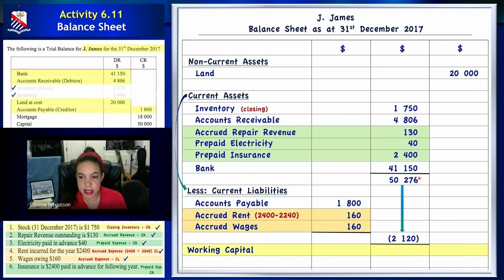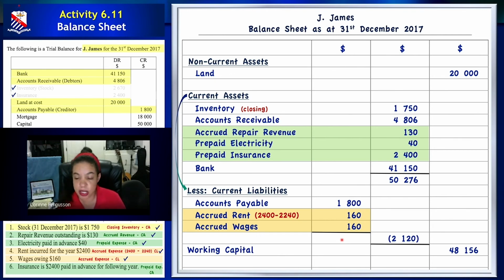So it will be your current assets of 50,276 less your current liabilities of 2,120, and that gives you your working capital, which gets to go in this column, the last column. And your working capital is 48,156, and it's a positive figure. Notice you don't put any brackets or anything like that. Whatever you get, you put. If it's a positive figure, you put it as a positive figure. If it happened to be a negative figure, then you would put it across with your brackets. In this case, it's a positive figure,